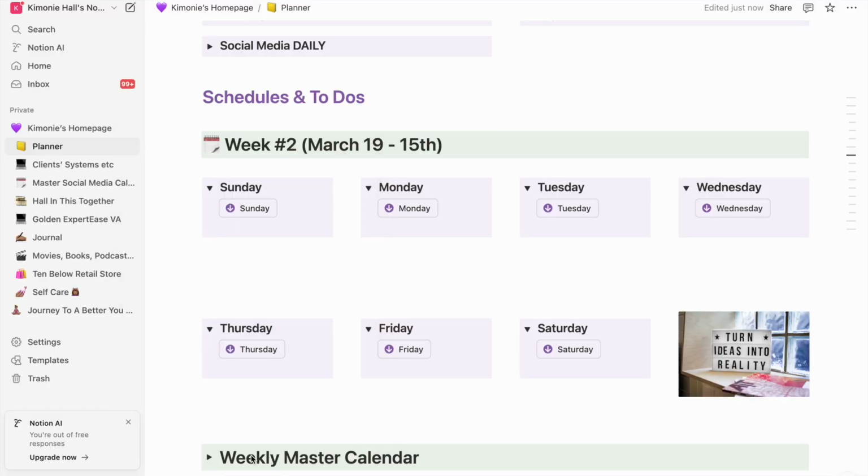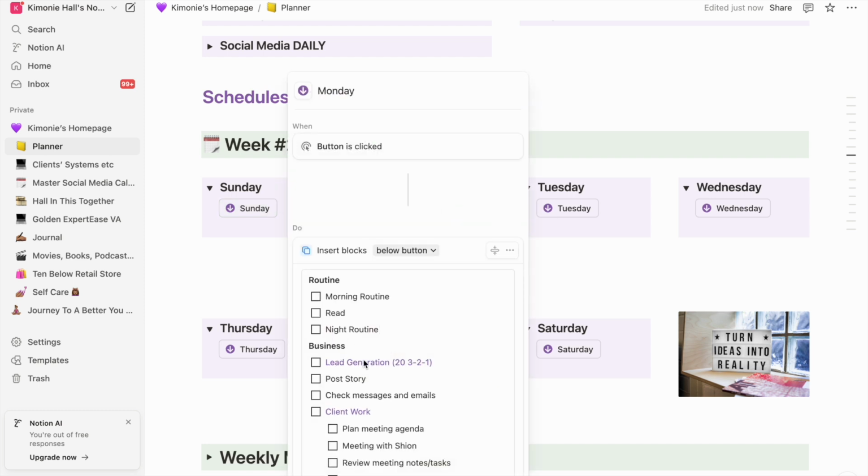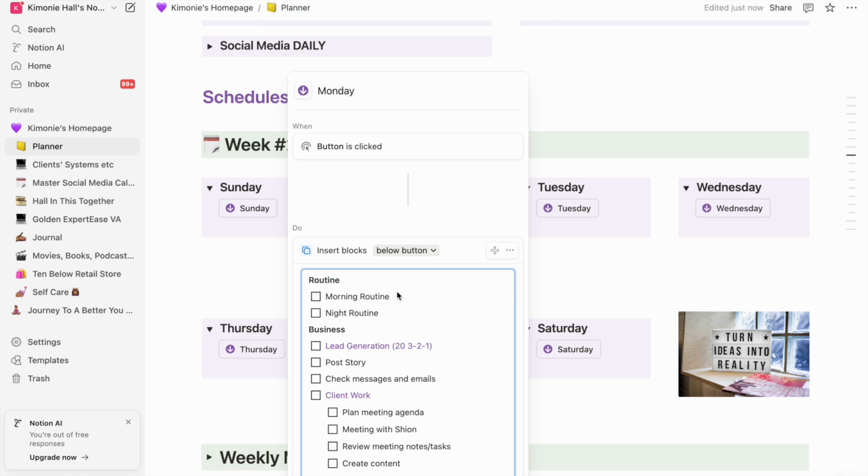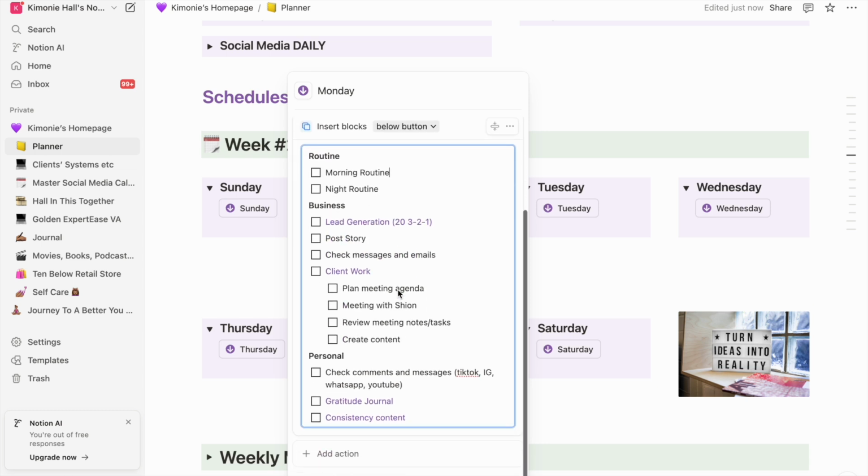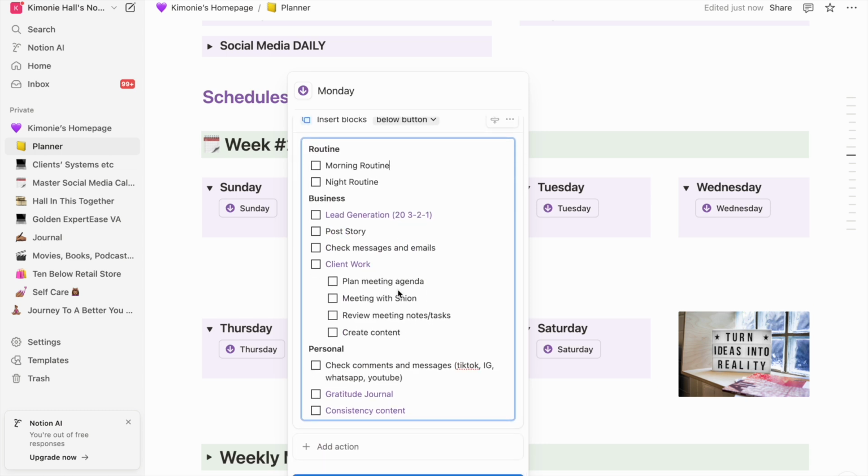All right, so I'm going to leave that for Sunday, and I'm not even going to refresh it now because Sunday is already gone. As I mentioned, today's Tuesday. Let's edit Monday. I'm also going to take out the reading here. If I do read, it's going to be something that I want to do in the moment, but it's not going to be something that I have to schedule in, which is why I'm not adding it there. And lately, I think for my mind, I'm doing more podcast listening than I am reading.